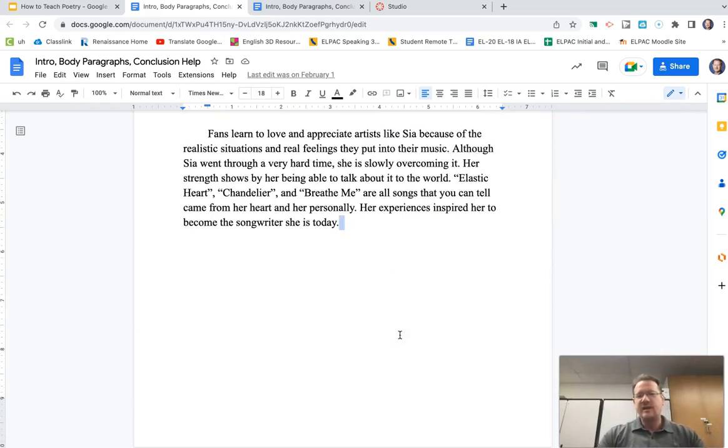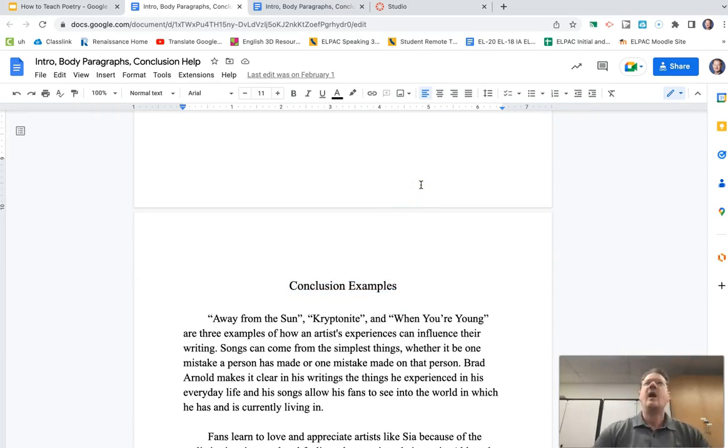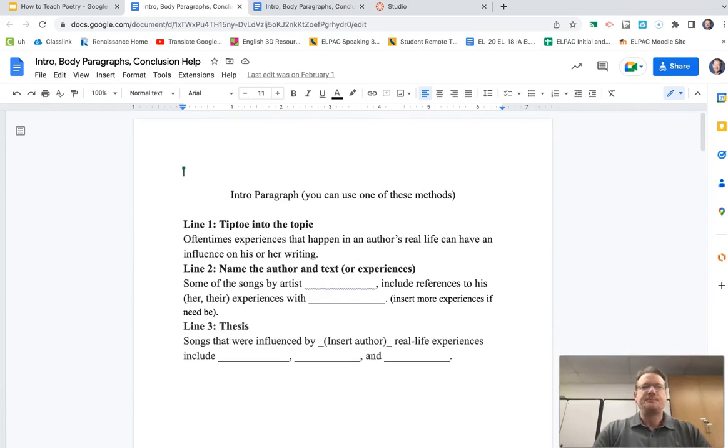And again, the reason that conclusions are difficult for students to remember is the same reason why intro paragraphs are. After we're done with the conversation, we tend to just leave, right? We don't say, yeah, we just talked about barbecue and ninjas and football. Like, we don't do that. So our brain doesn't remember concluding paragraphs. They don't find writing concluding paragraphs very important, so it doesn't remember that. Again, the brain deletes things it doesn't find relevant for survival.